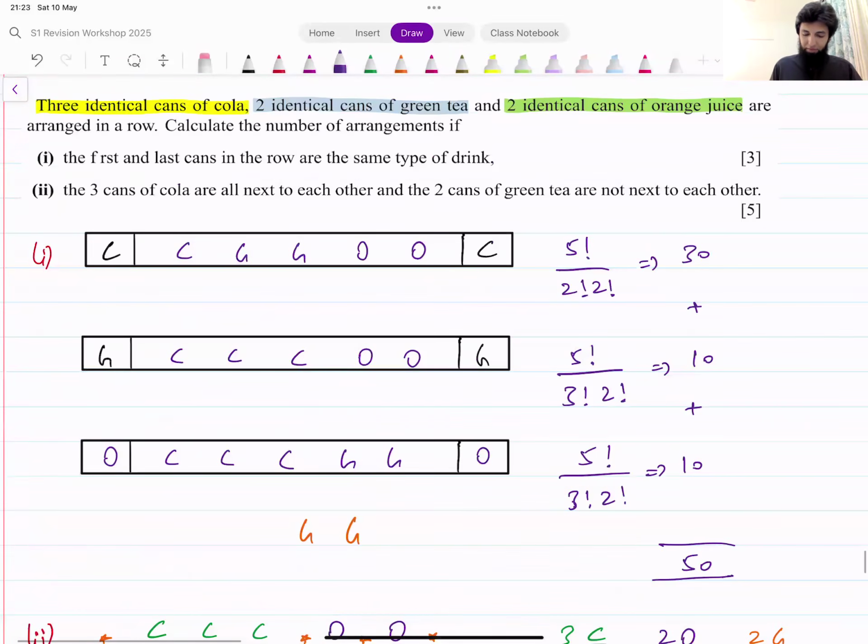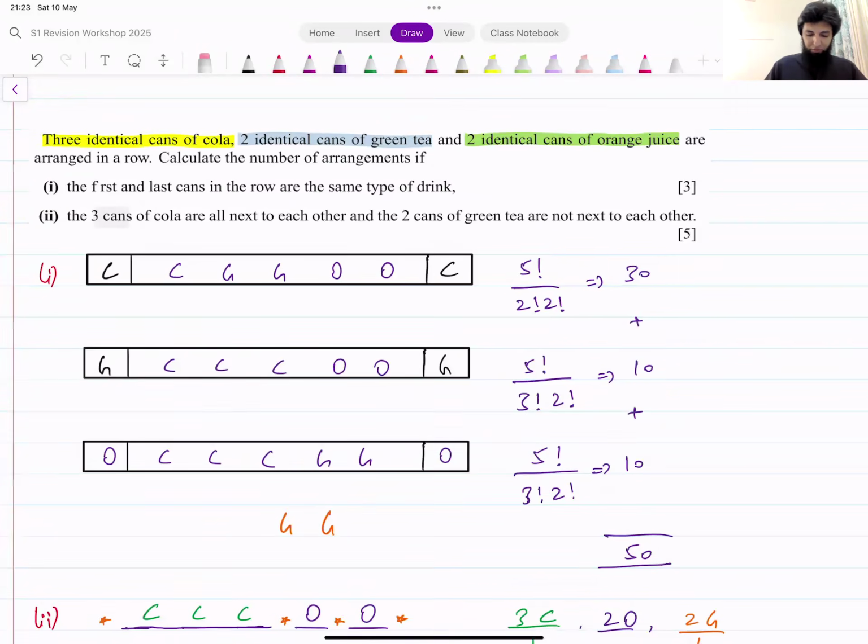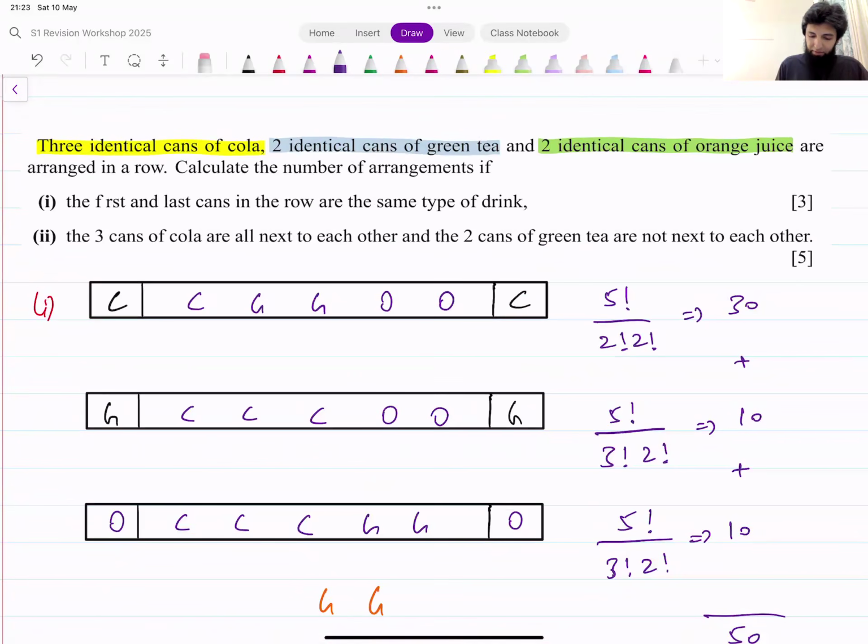Okay. Now, sometimes we've already discussed this before. Let's just do the first part of this. We've got 2 identical cans of green tea, 2 identical cans of orange tea, and 3 identical cans of cola. Find the number of arrangements if the first and the last cans are the same type of drink. Same type of drink, what does that mean? It could be both colas, it could be both green tea, it could be both orange juice. So we consider 3 different cases, one in which we've got C's at the ends, G's at the ends, O's